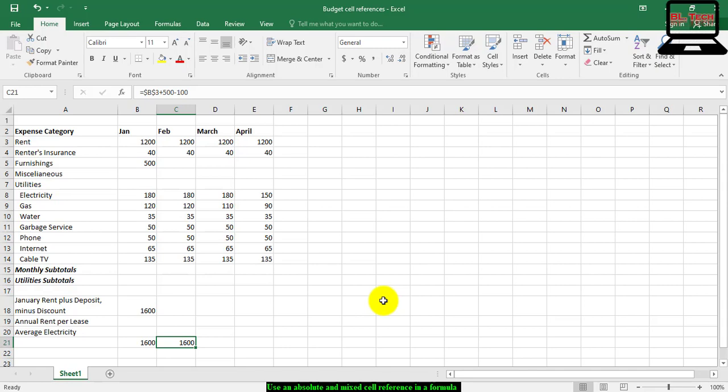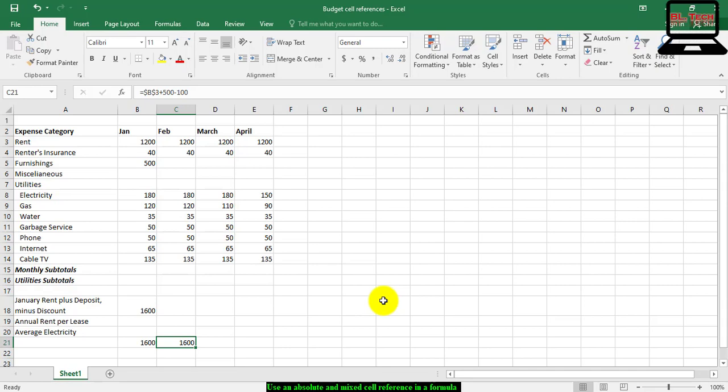And note that an absolute cell reference refers to a specific cell or range of cells regardless of where the formula is located in the worksheet. Absolute cell references include two $ signs in the formula preceding the column letter and row number.